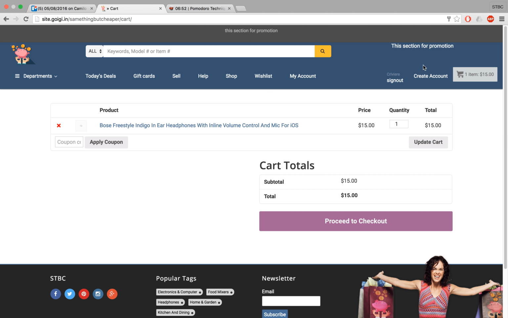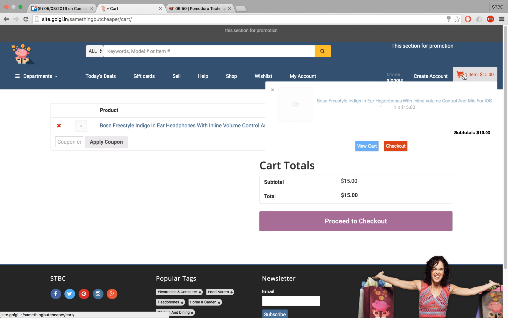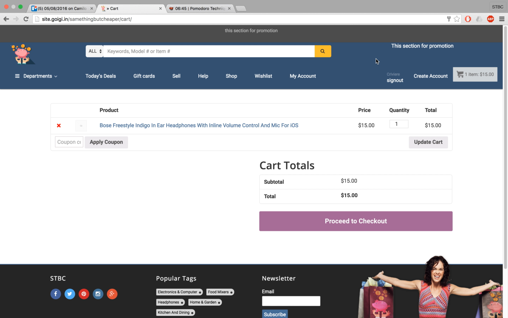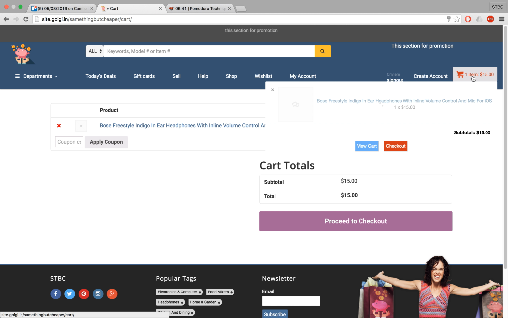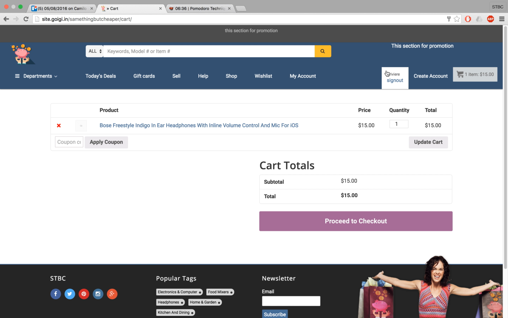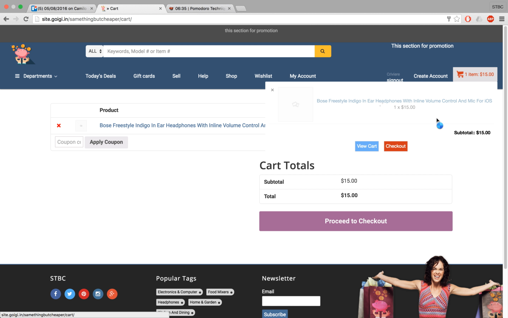So you see how when I hover over it, it's red, but there's an item in the cart. So what we can do is, instead of that, we can make it green maybe instead of red. And then when there's no items in the cart,